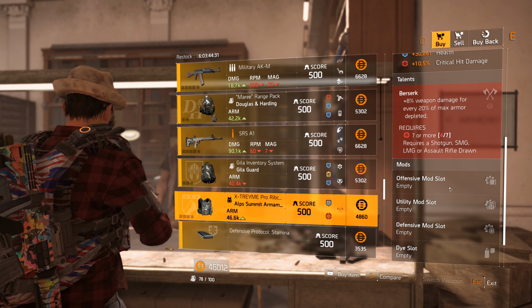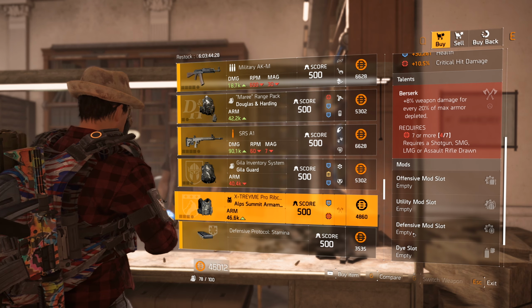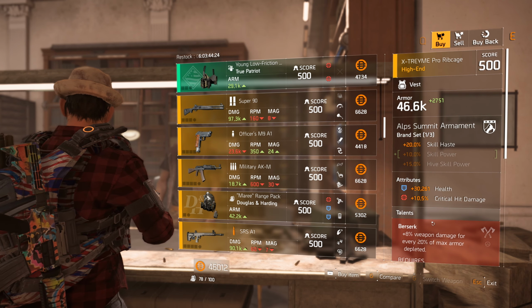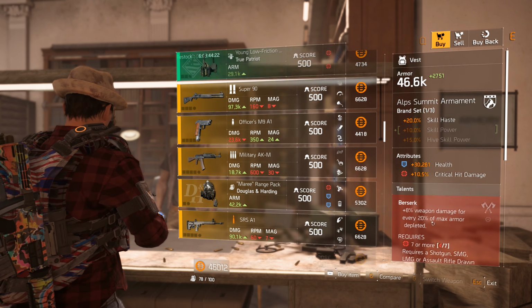And then offensive mod slot, utility mod slot, and defensive mod slot. If you need this, or even just to take out that 30,000 health, this is in here on the clan vendor level